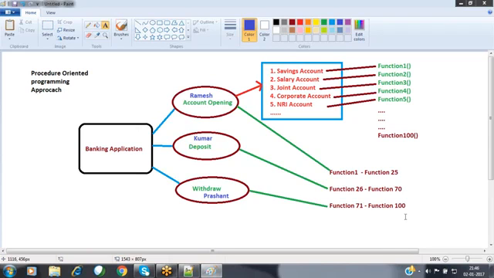Now let's take a general scenario. Assume that I'm staying in a room along with my friends. They may be my childhood friends, my colleagues in the office, or just friends. We are five members staying in a room. If I place any one item in that room, then that item can be utilized by all the people over here. There is no restriction.